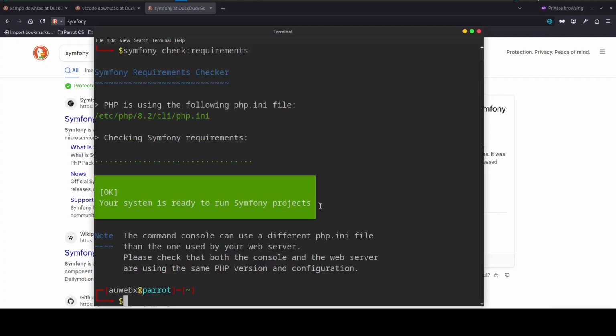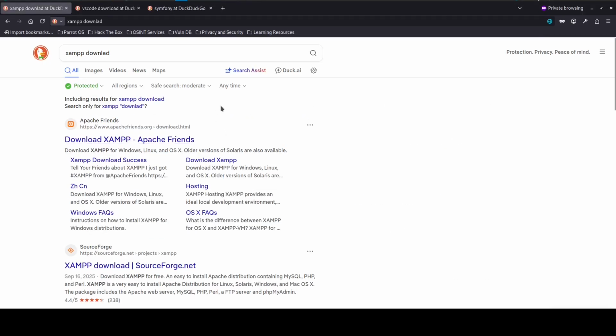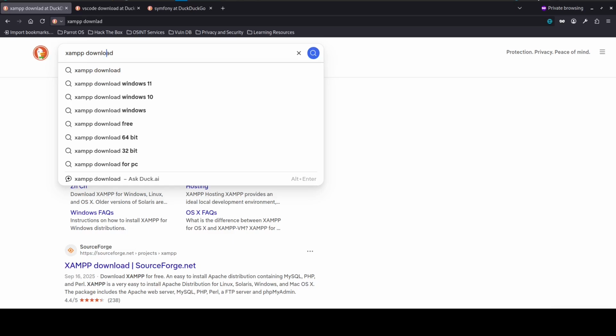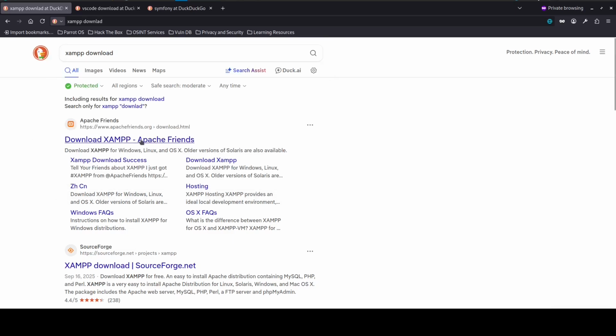So what are those requirements? First of all, you are going to need XAMPP or LAMP. It depends on which one you work with. That is localhost. So just type XAMPP download in your browser. It will give you options. So let me click on this. So we need